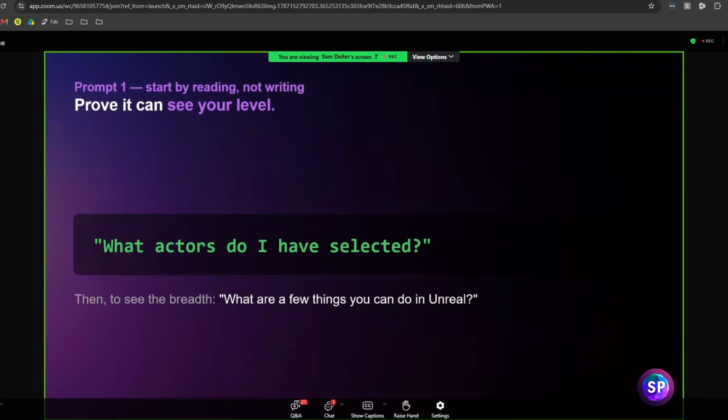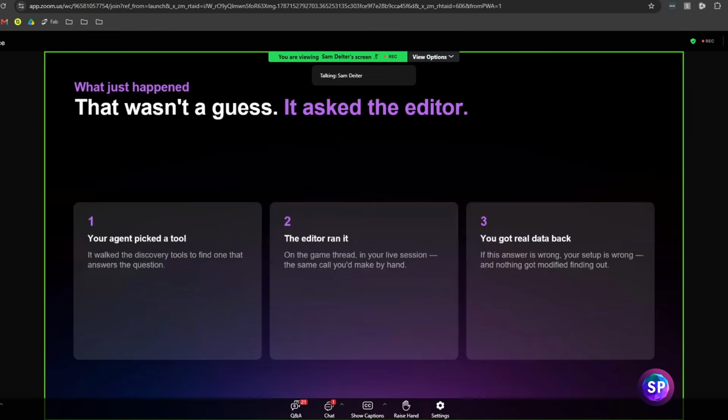So while that does that, a couple of things to think about. When you enable the MCP tools, your agent is actually going out and interacting with a variety of tools. That's why previously when I showed you in the plugins, there are tool sets for blueprints and animations and things of that nature. So when you are using this, keep in mind that if all of a sudden it can't do something, it might be because you need to enable that particular plugin.